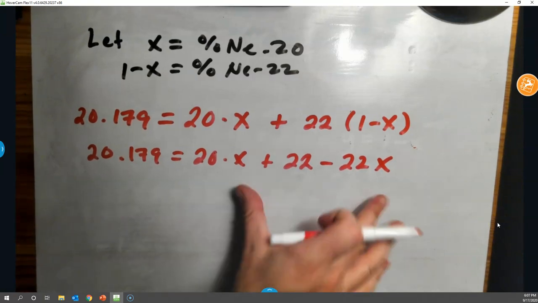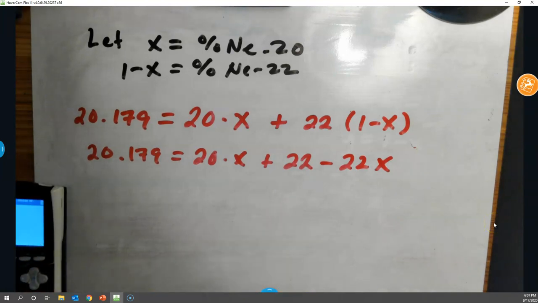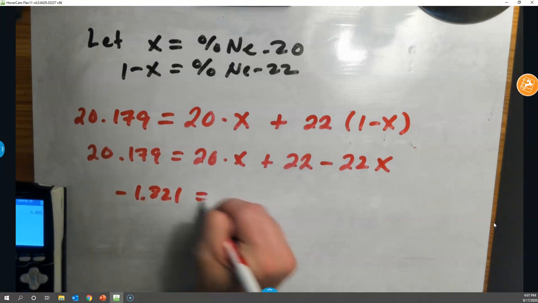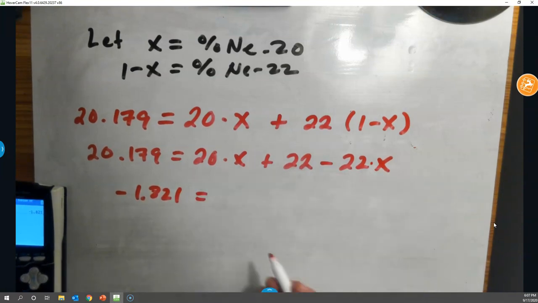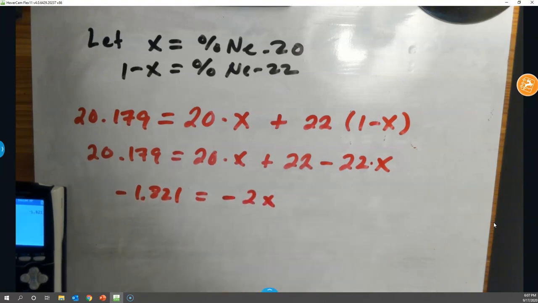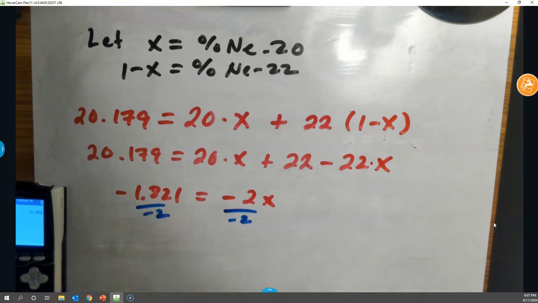So now I'm going to isolate my variable and solve for x. First thing I'm going to do is subtract 22 from both sides of the equation. That gives me negative 1.821 on the left side of the equation. And I combine my like terms containing x, and that gives me negative 2x. Now to solve for x, we're just going to divide both sides of the equation by negative 2. That gives me a value for x